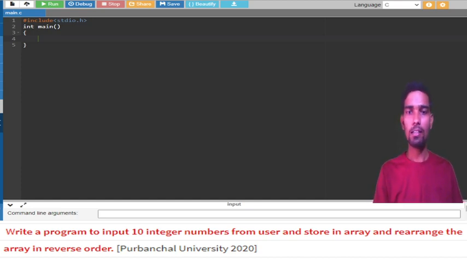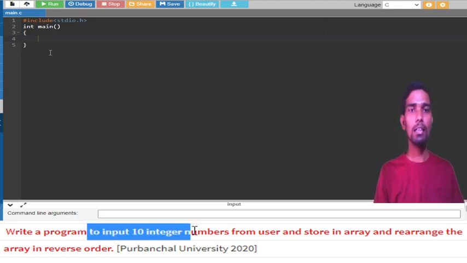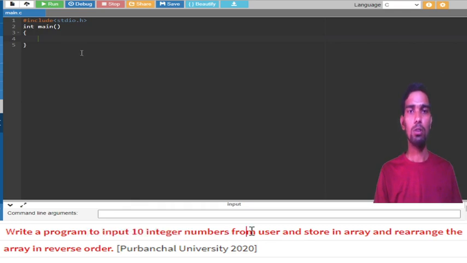Okay, so first, once you see the question, it says to write a program to take 10 integer numbers from the user. So you have to declare one array and take 10 inputs from the user, and store them in the array. Then we have to rearrange the array in reverse order.